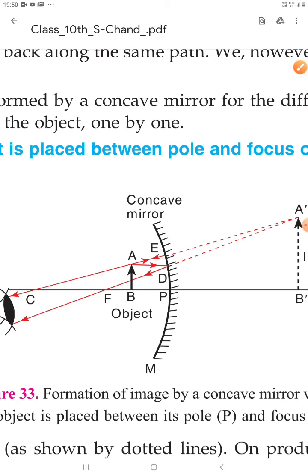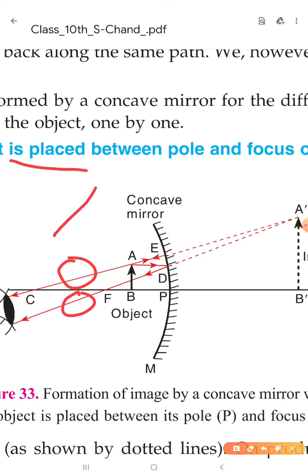So in this image formation, we have to see where these reflected rays will intersect each other. We can say one reflected ray is this and the second reflected ray is this. These two rays are diverging like this, and they will not meet at any point. So what will we do? We will just imagine where these rays are coming from. So we are assuming that this ray is coming from here and this ray is coming from this point.